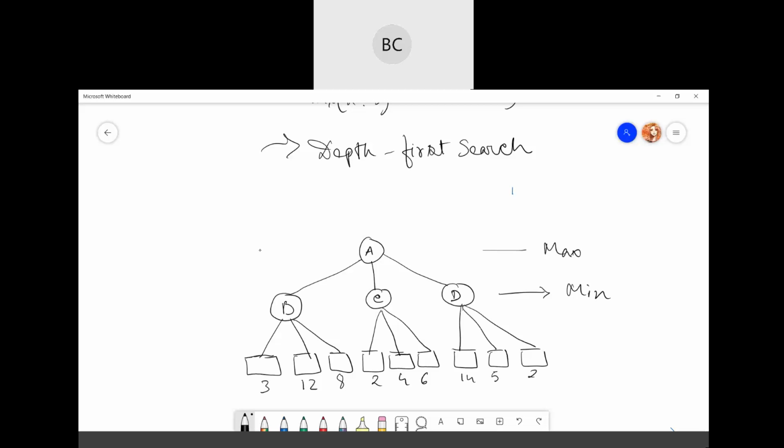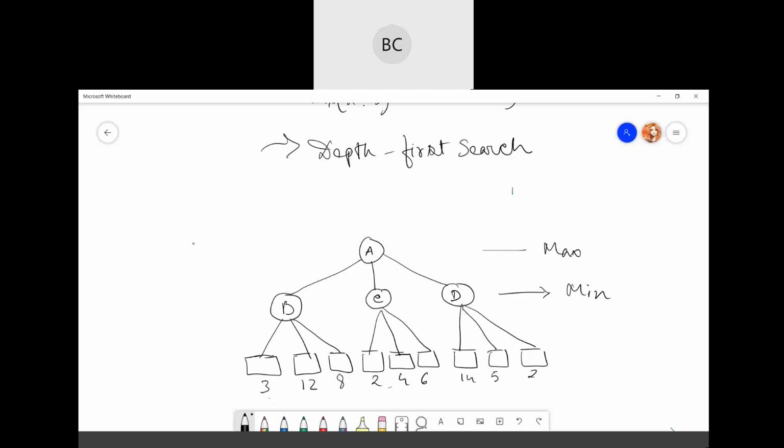So this is a very simple game tree, or you can say a two-ply game tree, where these nodes are for the max and these nodes are for the min. It's max's turn to move, and this is for min's turn to move. A, B, C, D are the moves for max, and after that min will take the move, and these are the terminal states themselves. So these are the utility values: 3, 12, 8, 2, 4, 6.